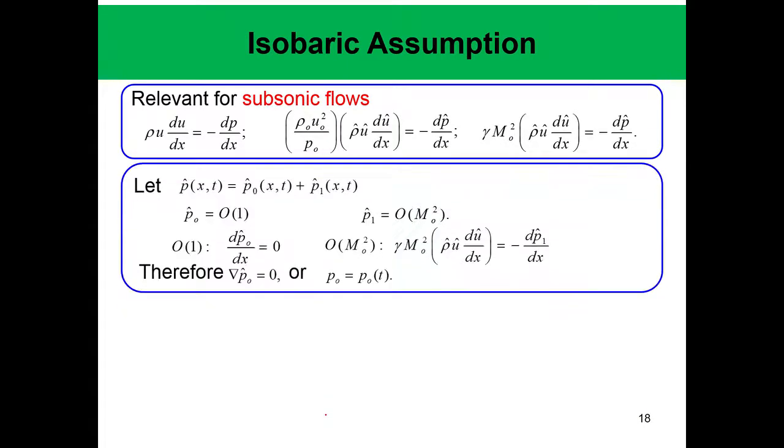And we have also gone over the isobaric assumption, by which we showed that for subsonic flows we can consider this equation itself, because the momentum equation between a reacting and a non-reacting flow is not different, because momentum is essentially conserved in chemical reactions. The only difference is that when you have reacting flows, your density changes. So that is how reacting flows are differentiated from non-reacting flows, at least in terms of the momentum